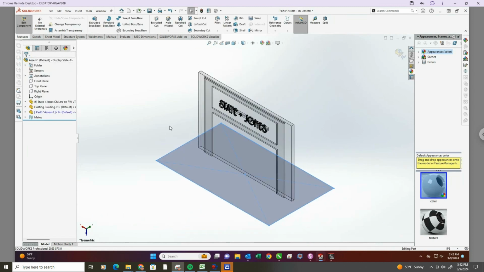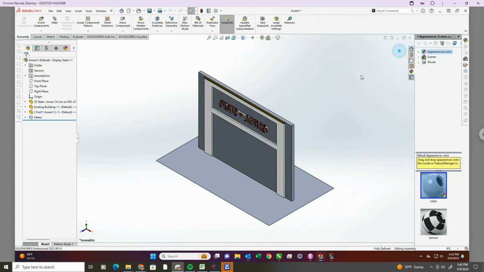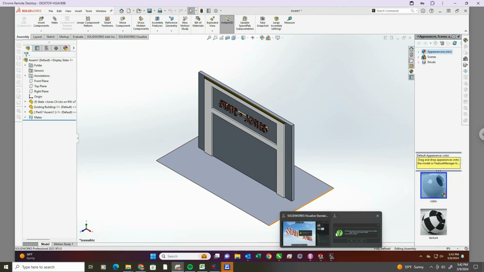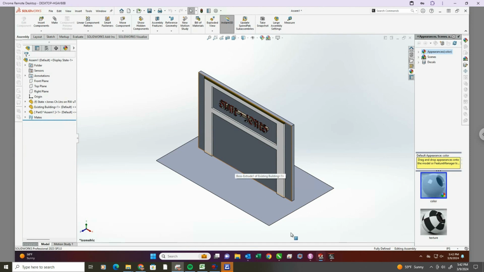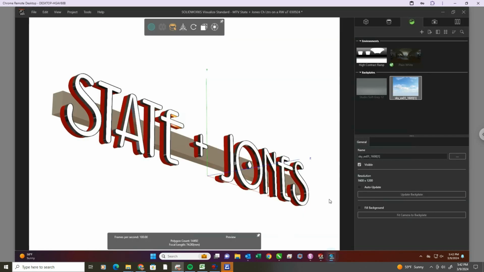Control 7 and get out of that part, and I've got some ground. Now, if I go back to Visualize, nothing's changed. Oh, it has changed. It's asking me, do I want to re-import? And it always bounces out of the program. The only reason it re-imported, I think, is because I hit a save when I first jumped back in. Remember? So